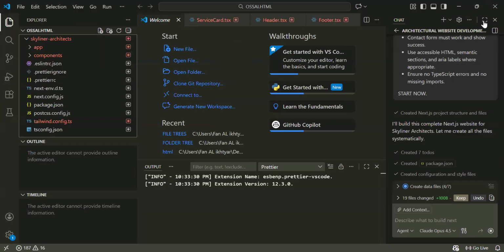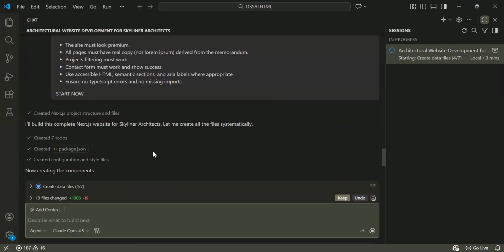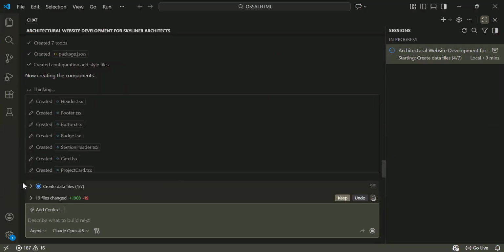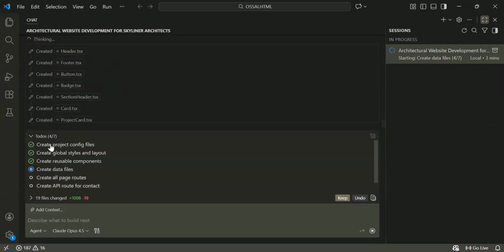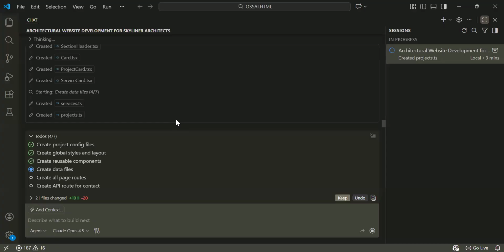Now, let us come back to what we were working on. It has created 4 of 7 data files for us, and it is still creating. Now, look at what it's actually creating: reusable components, project configuration files, global style and layout, and it's still creating. In 3 or 4 to 5 or 10 minutes max, we have